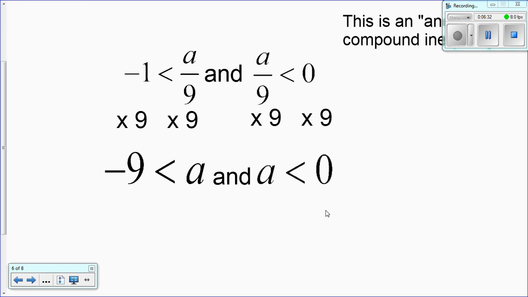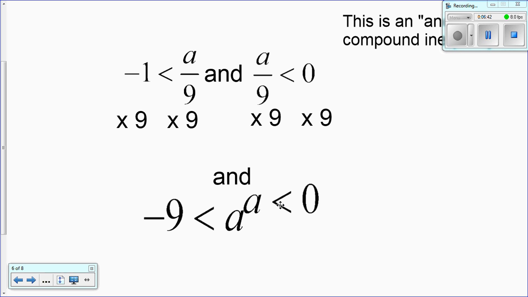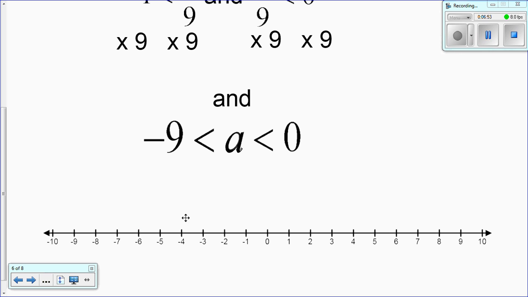Now to merge that back into one, so it's no longer saying and, but we know it means it, we just go ahead and put them back together. So take out the word and, then the variable will be going in the middle. So -9 is less than a, which is less than 0. That's it. Now to graph this,